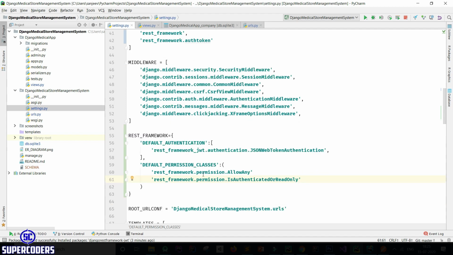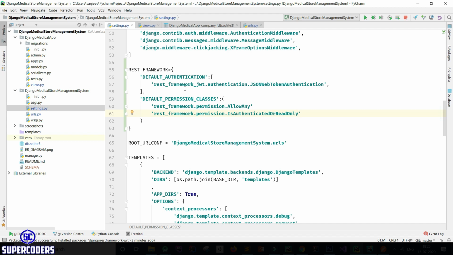So you need to add these two settings in our REST framework setting.